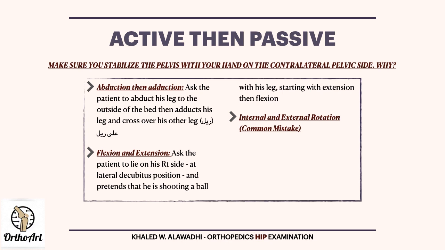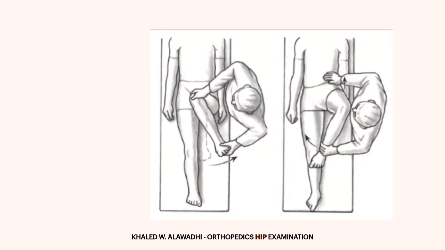Then we go to internal and external rotation, which is a very common mistake you may encounter during your exam, and I saw it during our OSCE review session. When you ask the candidate, how do you do external and internal rotation? The candidate thinks that the external and internal rotation is actually from the foot, not from the hip. Wrong. Consider that the tibia and the fibula from the knee downwards have been amputated, removed. So how do I know external and internal rotation? As shown here,